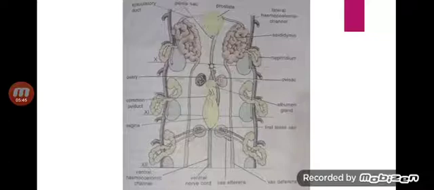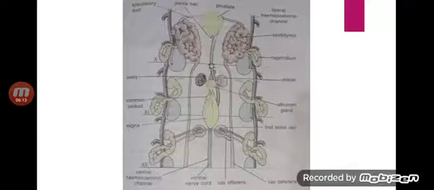The spermatozoa produced in the testis sacs are stored in the epididymis. And this is all about the male reproductive organs. In this diagram, we can see the penis sac, prostate, and the epididymis,